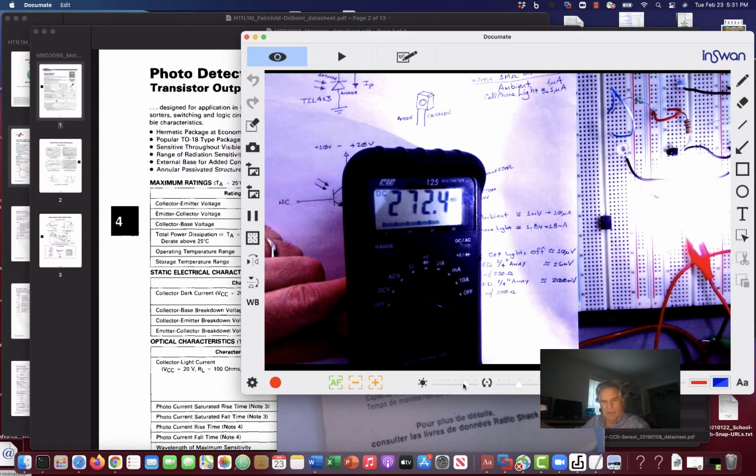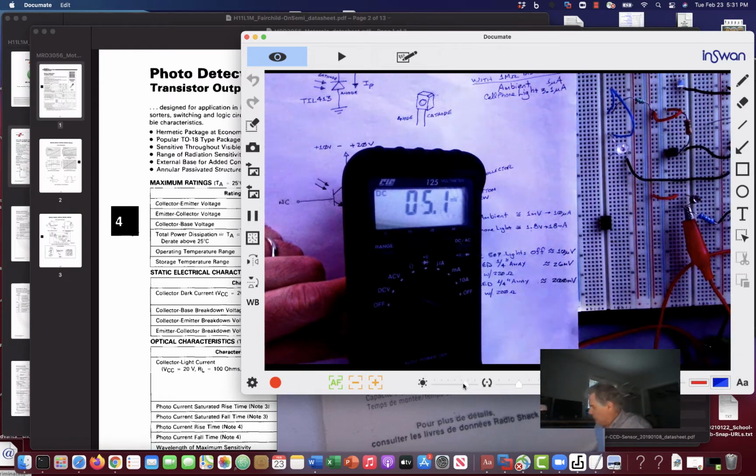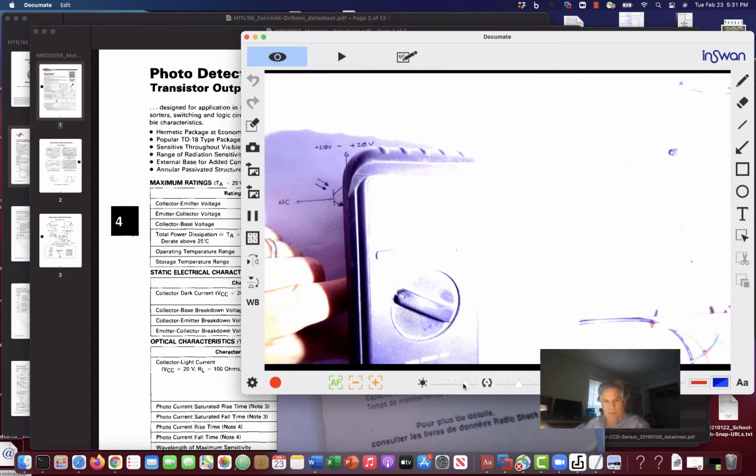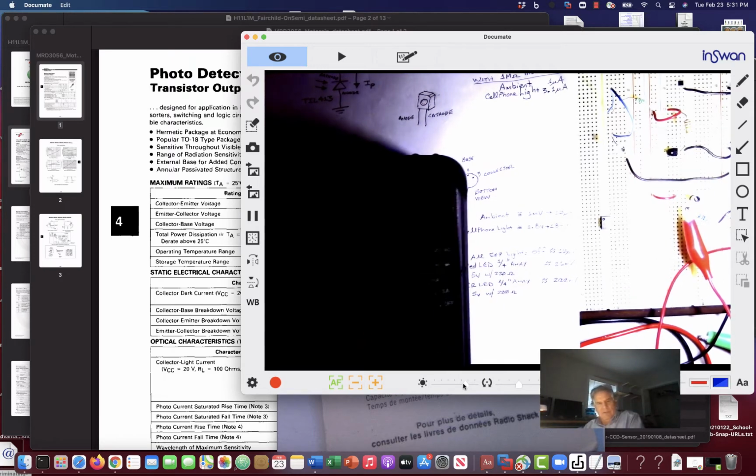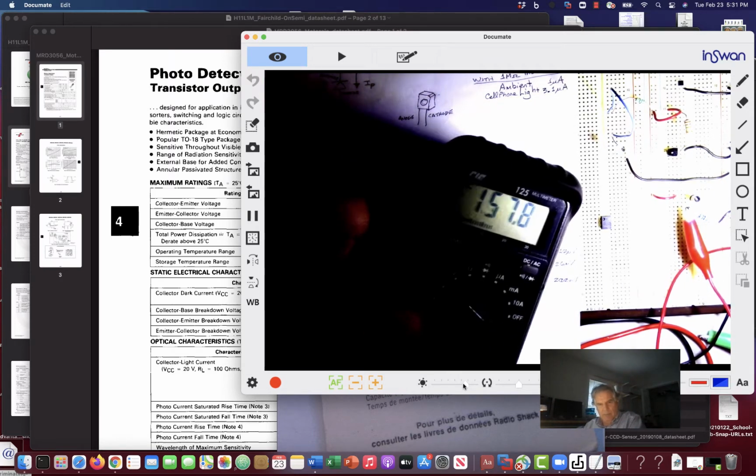Here I am at 200 millivolts, 300 millivolts. And if I absolutely flood it with my cheapo Home Depot LED flashlight here,